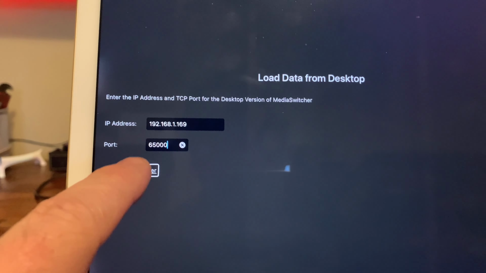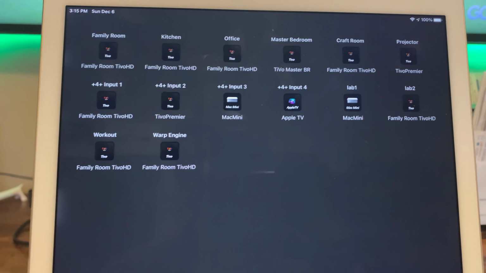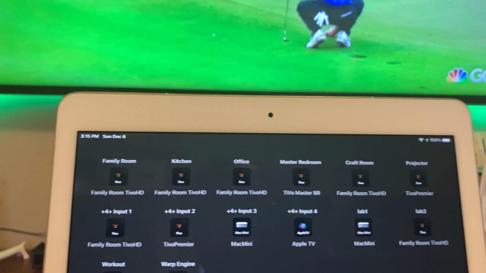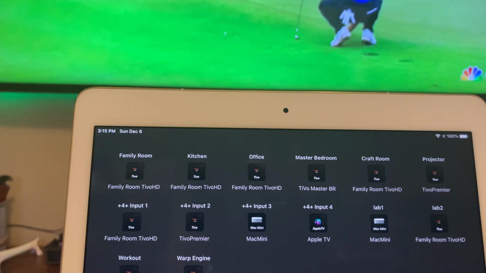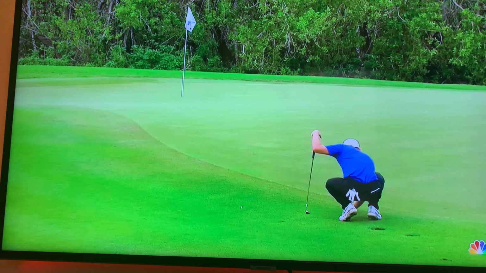So we're going to start the transfer of our database. We start. Now the database is transferred and everything is loaded onto the screens. All right. Now to load a screen, I'm here in the office. So to change the video that's showing on the screen, and you can see we have a golf tournament being